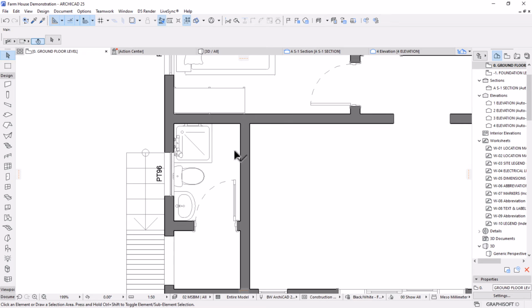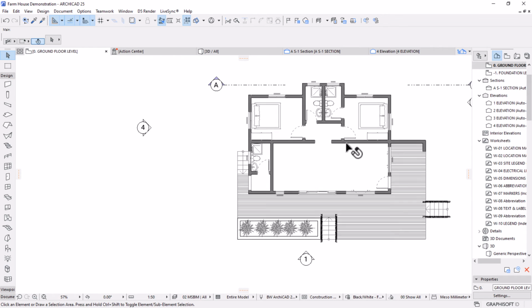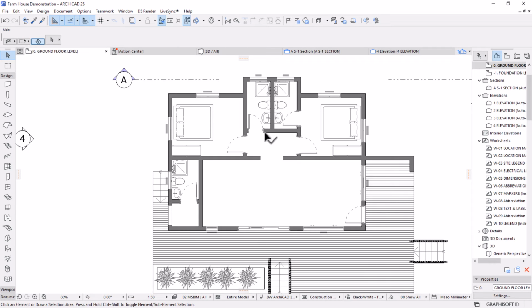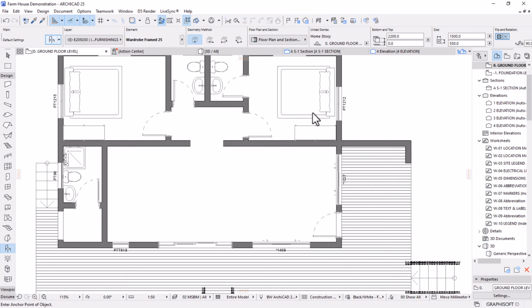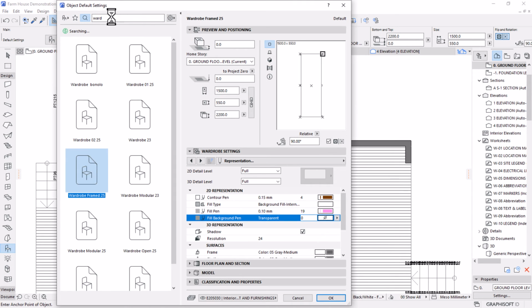Okay, so my guest bathroom is done, it's completely done. Now we need to go for the kitchen, dining, and the lounge. So let's start with the kitchen. The kitchen, very interesting. Let's open the object settings and search for